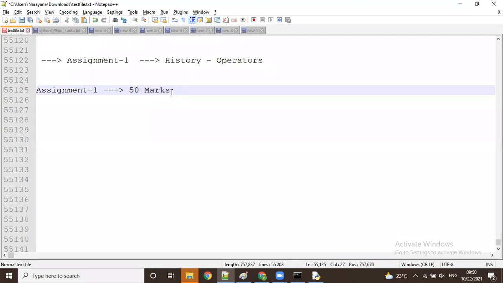Once you submit the form, immediately it gives you how many marks you got. It corrects your answers, guys. If any answer is wrong, it shows you what the right answer is. You also get the number of marks you got, like 30 by 50 or 40 by 50, 50 by 50, like that it comes, guys.